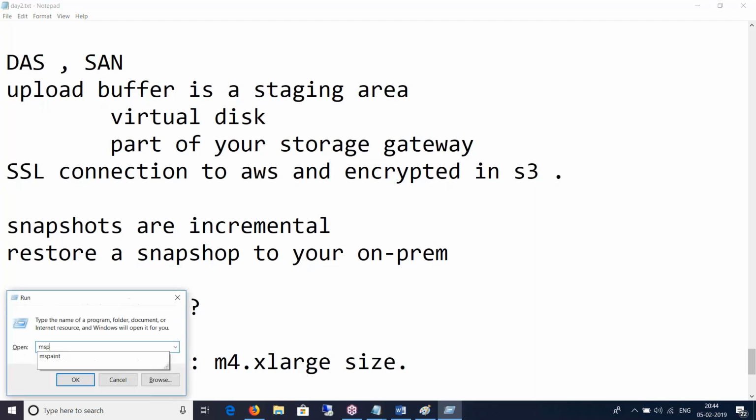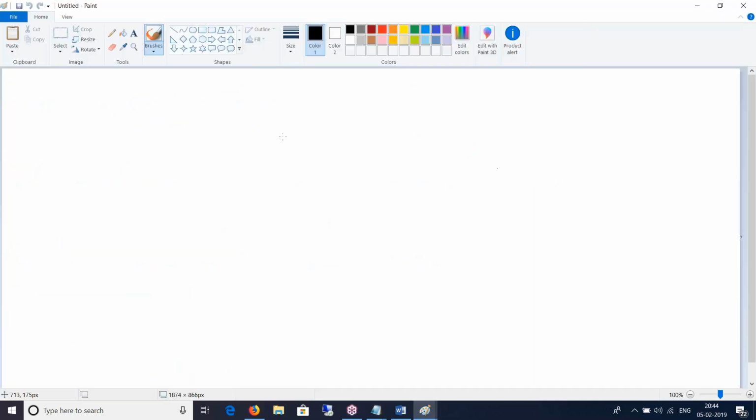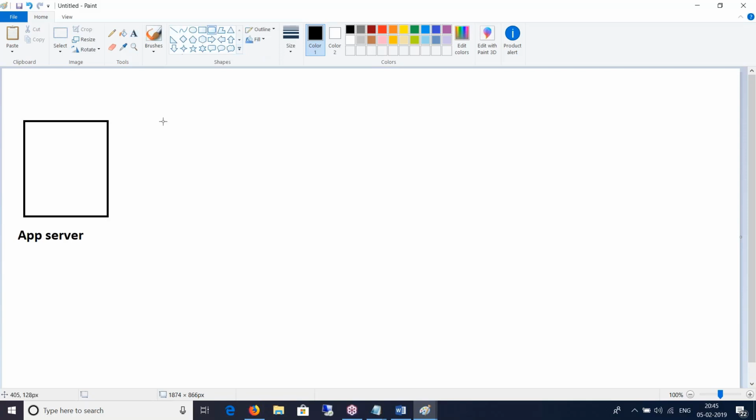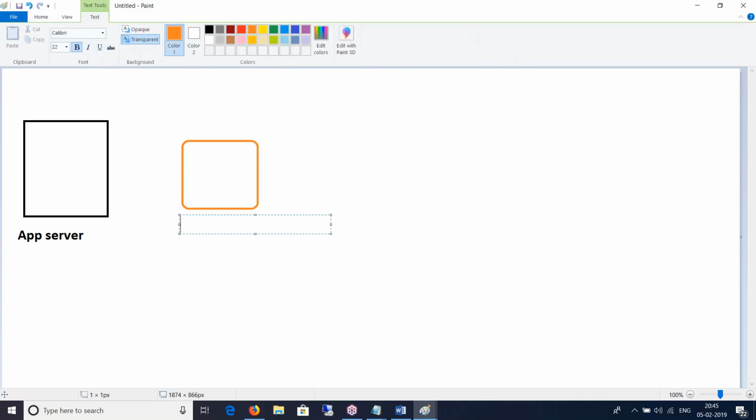All right. So what are we going to do in the lab? Let's say this is an application server. Quickly make notes there. It is an app server, and then what you also create is a storage gateway on-premise, and because we do not have an on-premise infrastructure, we'll create an EC2-based storage gateway.